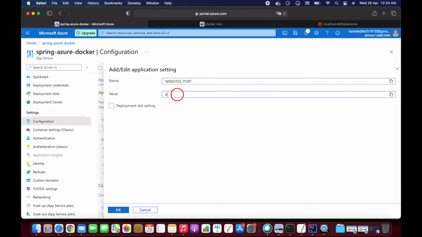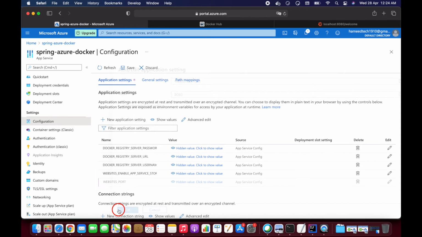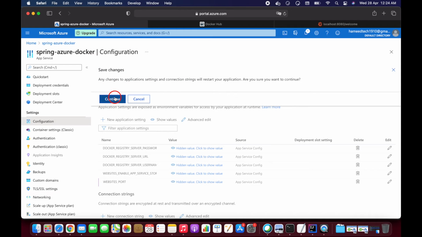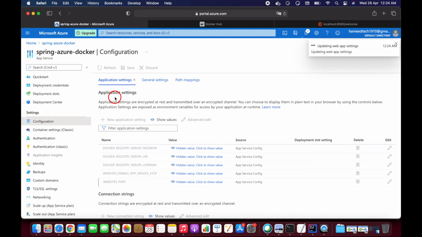Okay, so let's map to 8080. Now our embedded server will run on 8080. Okay, let's save this and click on continue. So it's updating the web app settings, guys, and our application will restart now. So let's wait for a few more minutes.